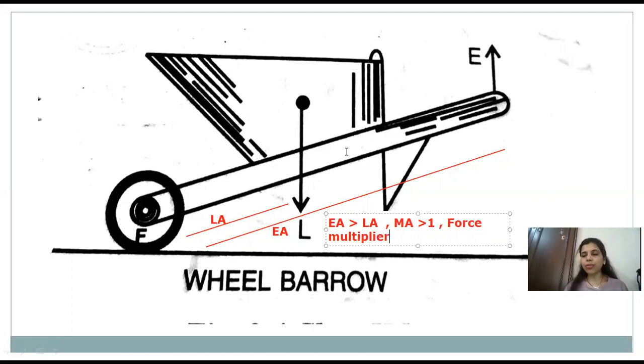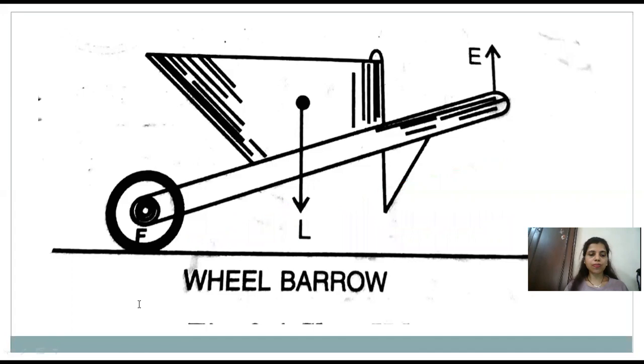So children, this chapter will go easy if you understand the concept. Only the application based question is asked most of the time. So, if you know the concepts and whatever definitions with respect to mechanical advantage velocity ratio is given, you have to learn that. So this chapter is not at all difficult for you. Understand that.